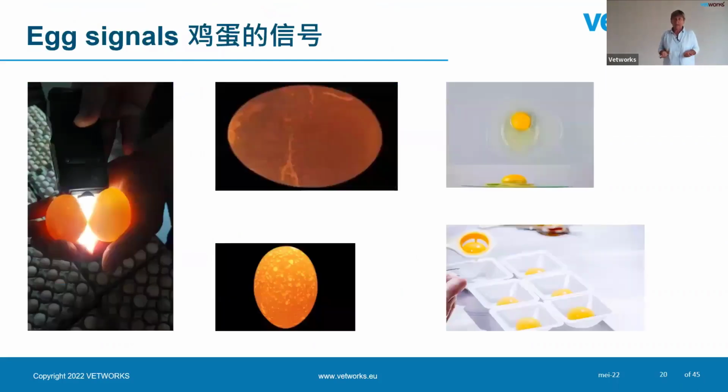So that is on top of that. So let's have a look. We already showed you what the signs and behavior of the birds are, but heat stress will also have an effect on the eggs that you can see. I think for the farmers or people working in the packing station, it's important also to look at the egg signals. Because we do lots of tests to monitor egg quality,